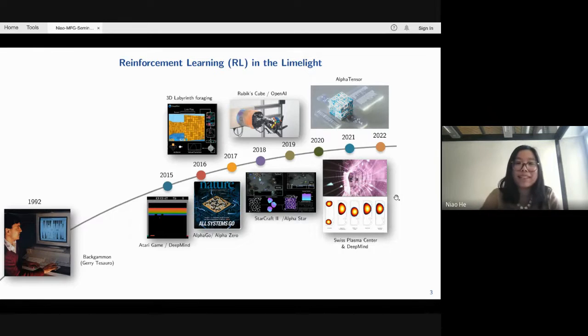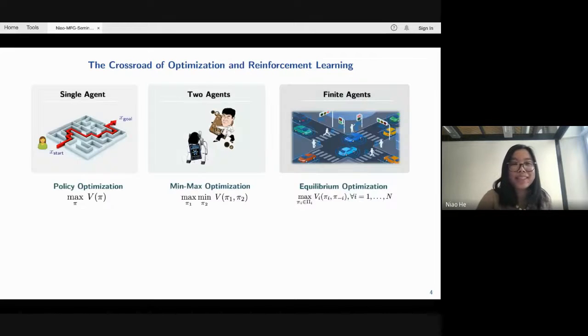And many others. It's hard to predict what will happen next, but what's probably easier to predict is the growing synergy between optimization and reinforcement learning, as we move from single-agent settings to two agents, to potentially finitely many or infinitely many agents. Optimization provides not only a rich tool to model all kinds of different decision-making problems when we have multi-agent systems, such as using policy optimization for the single-agent reinforcement learning setting,